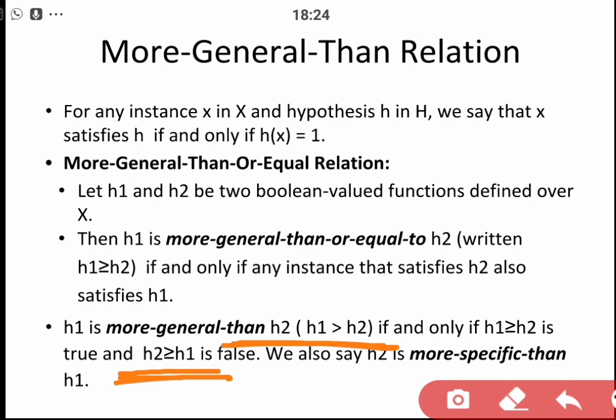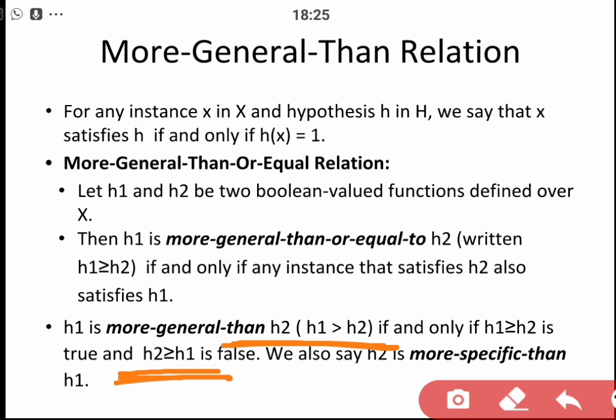For example, you have decided that this hypothesis is going to get me the result, as we have discussed in the previous slide for H1 and H2, and H2 could also be the possibility. So out of these two, which is more general, or which is more specific, could help you to have your target concept? Out of these two, you will consider only one based upon this more-general-than relation concept, because the more general hypothesis is including the first one itself, right? So we will go for the hypothesis that is more general than all others that you have found.